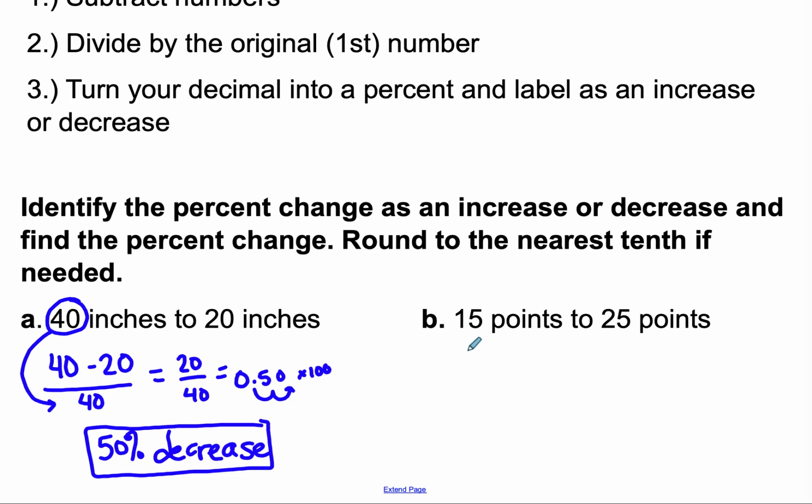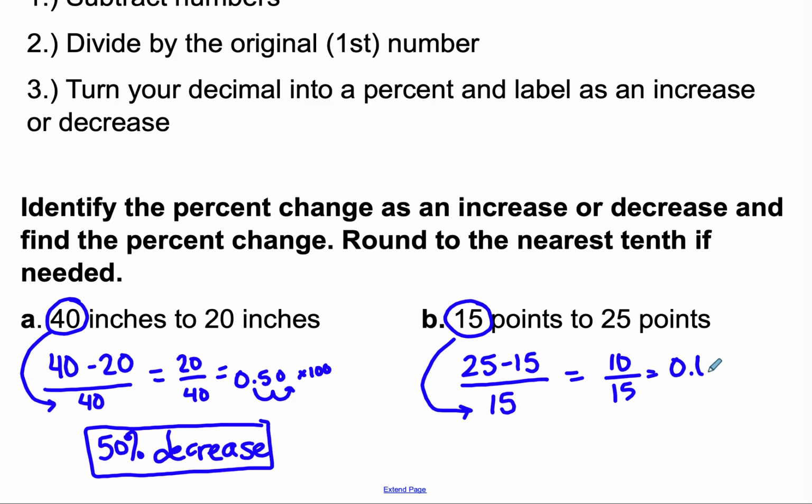Okay, let's check our answers. So we're going to subtract again. We always put the bigger number first. We're subtracting in a way that's going to give us a positive answer. And then we divide by the original. That's the first number. So here, 15 is the number we're dividing by. 25 minus 15 is 10. And then when we do 10 and we divide by 15,